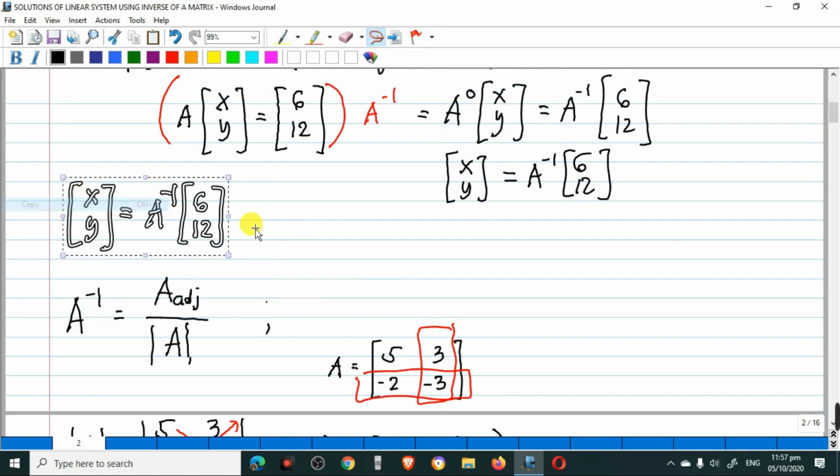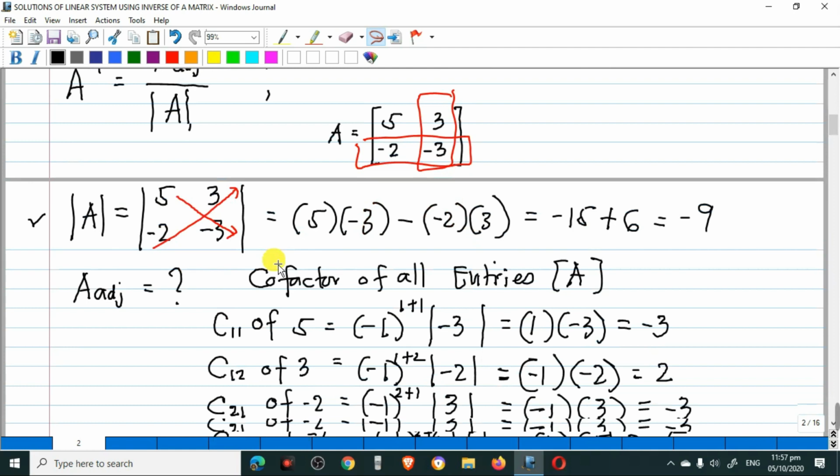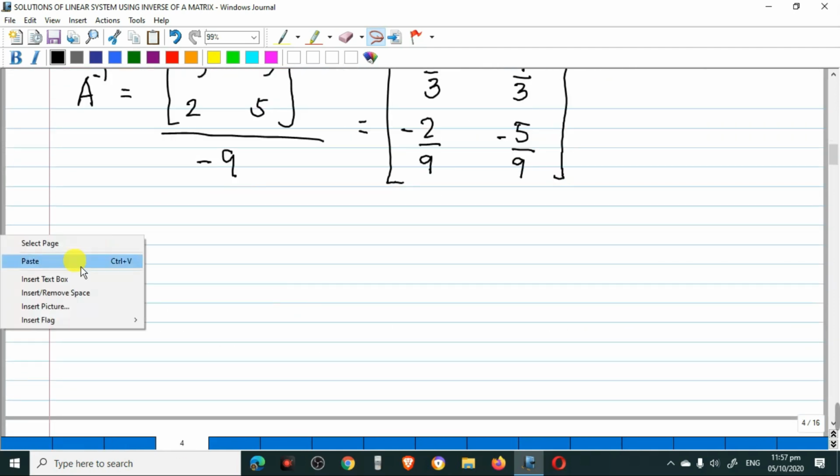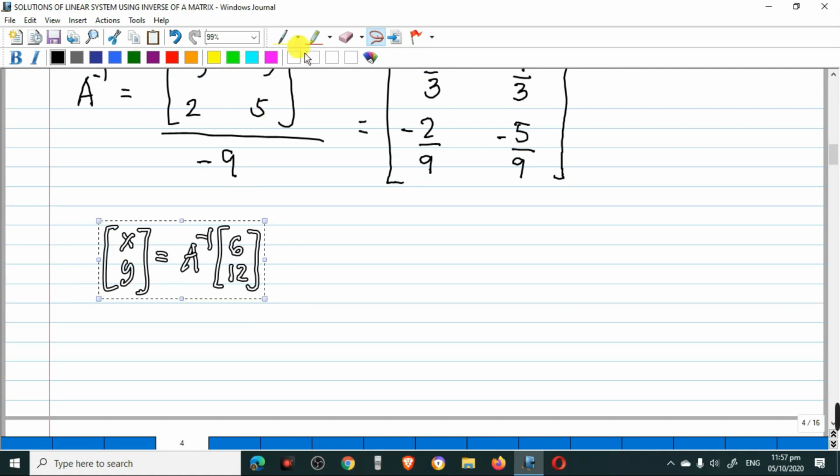Copy. Then after substituting the values of the inverse of the matrix, proceed to our simplification. Okay? So this is now equals to